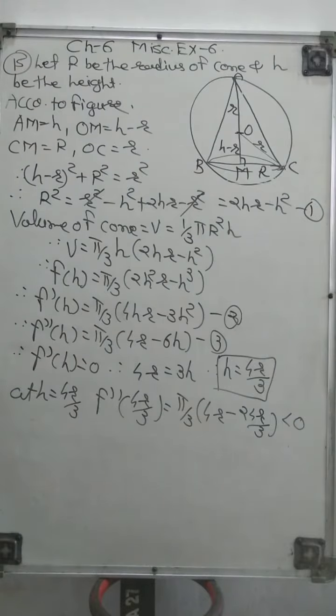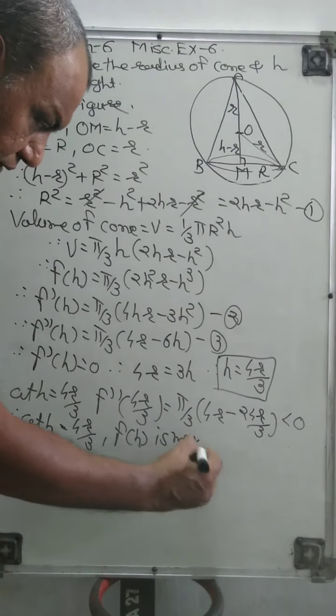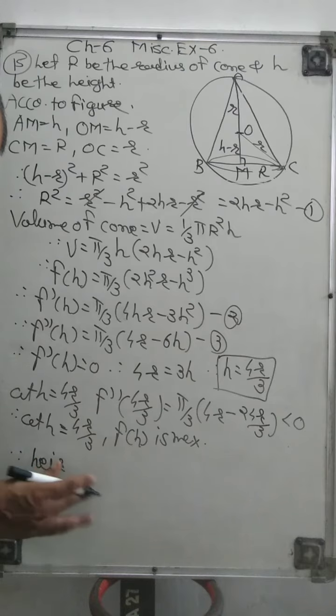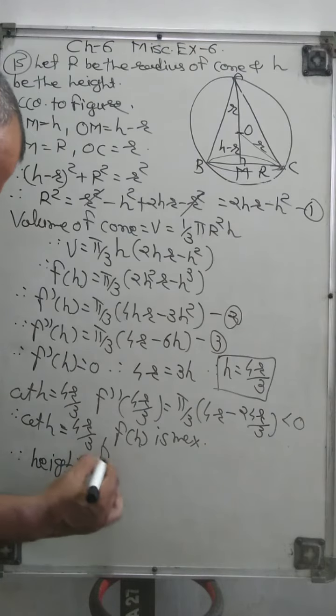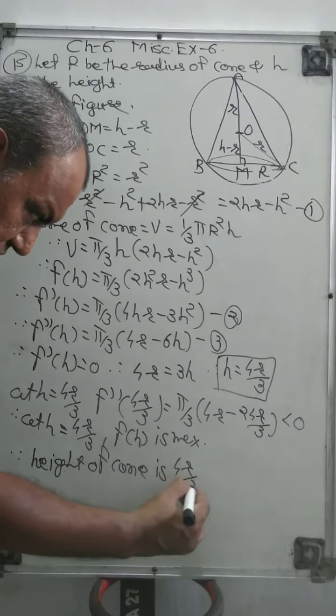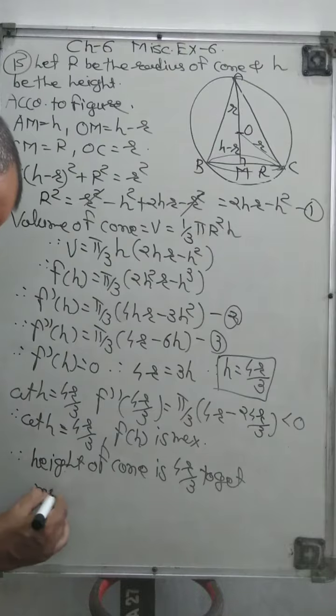So therefore at h equal to 4r by 3, f of h is maximum, right? So therefore we can say that the height of the cone is 4r by 3 to get maximum volume